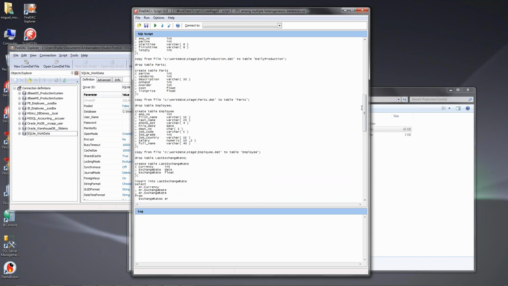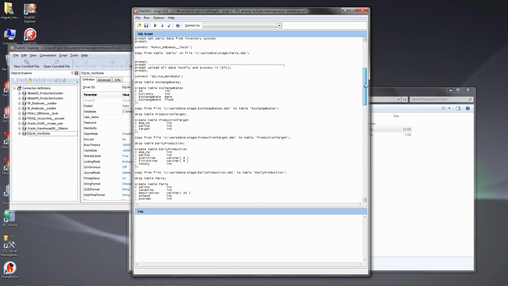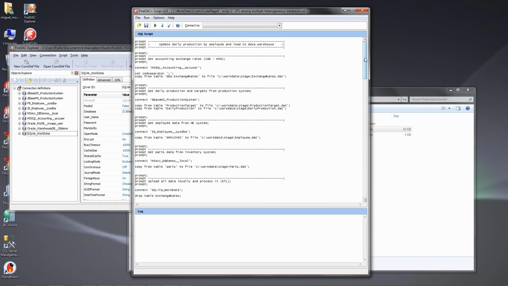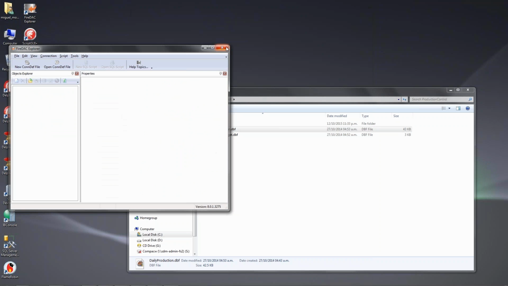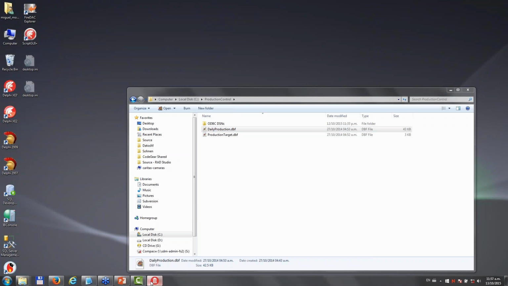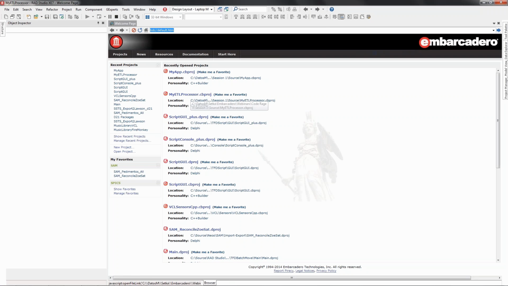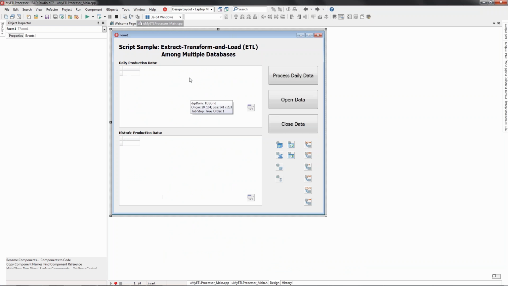With FireDAC, it's up to you. You are not constrained to a single database system. You can use any. You are mixing them at your will. So let's go to the application to have that one run. I call this sample application my ETL processor, my extract, transform, and load processor. What it does is